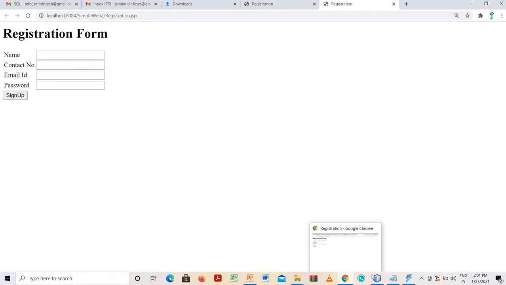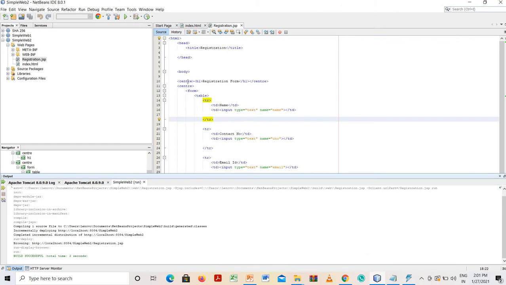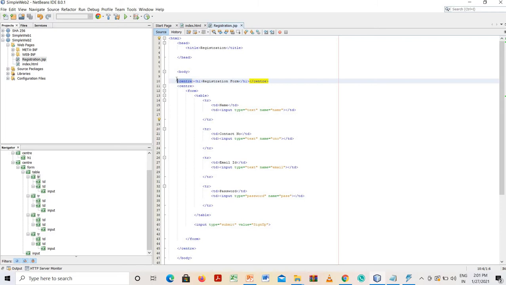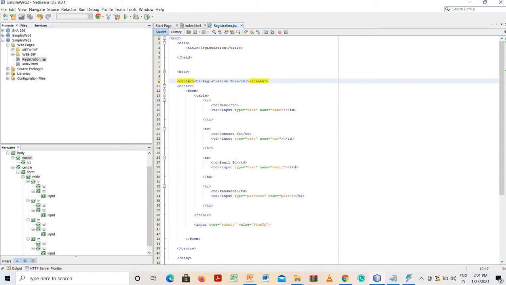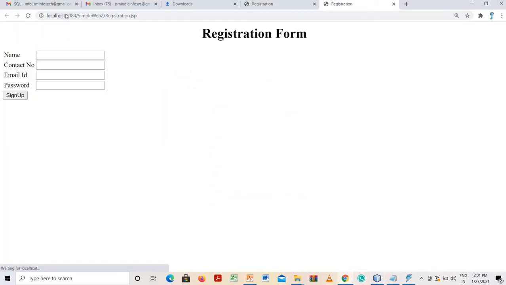Okay, we have made a spelling mistake in this center. See, this is the center tag, right?